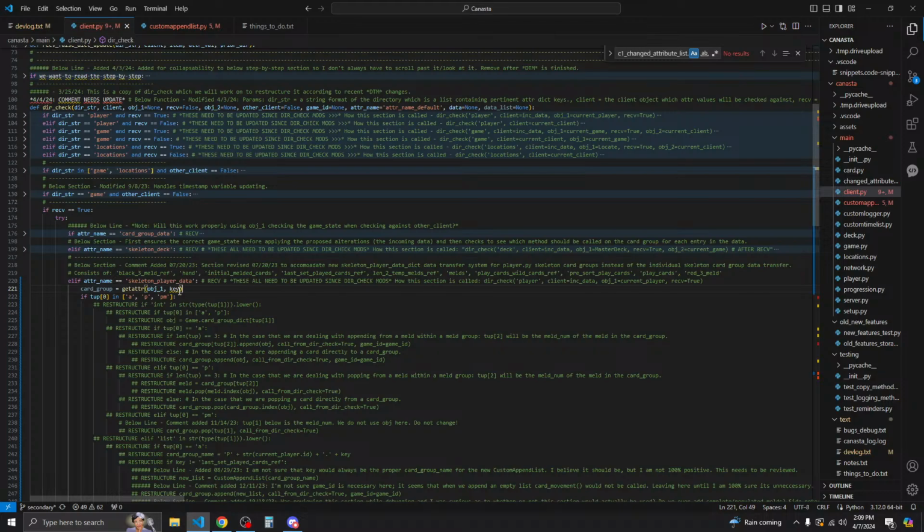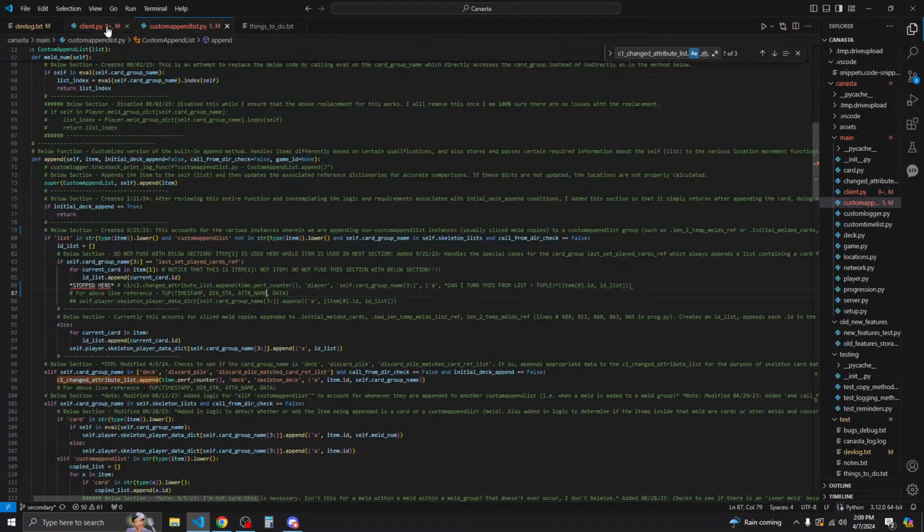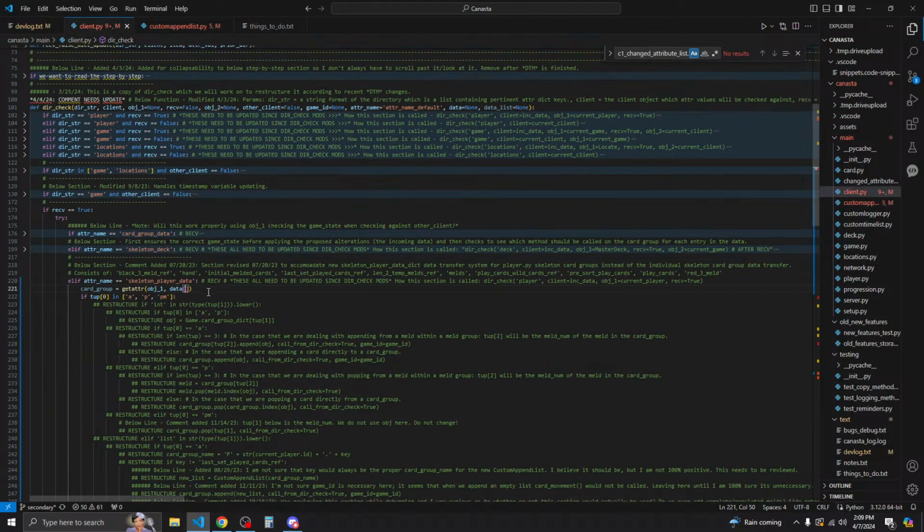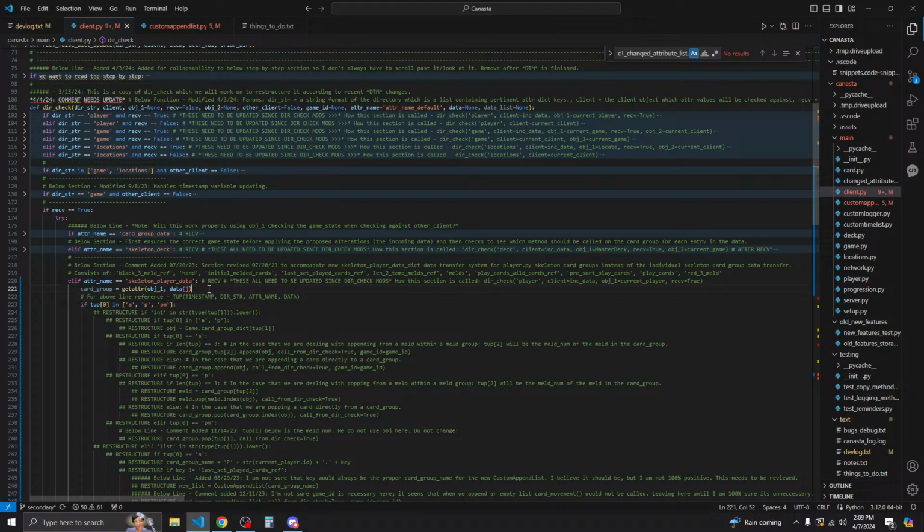Group equals get adder object 1, but we're actually going to reference the data, and it's going to be data at index 0, 1, 2. So 0, 1, 2. Yeah.